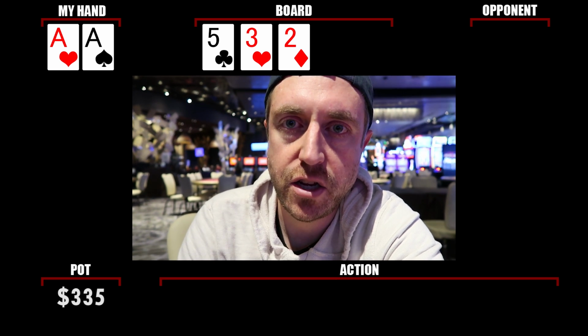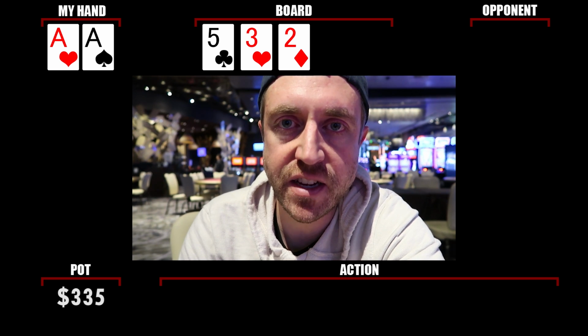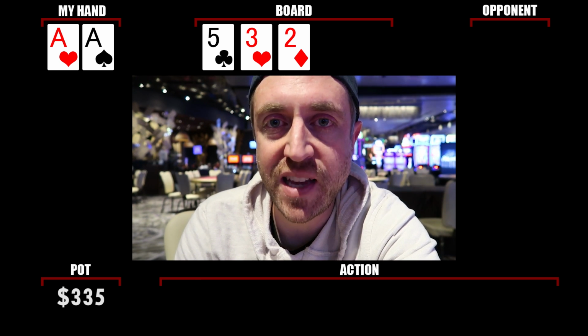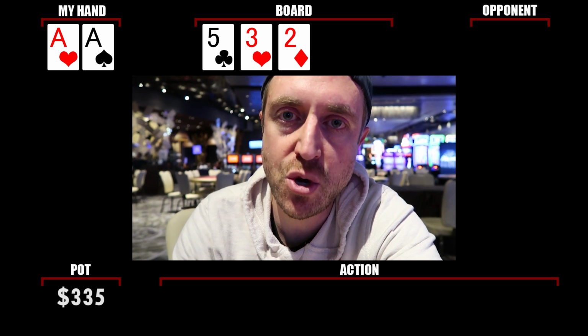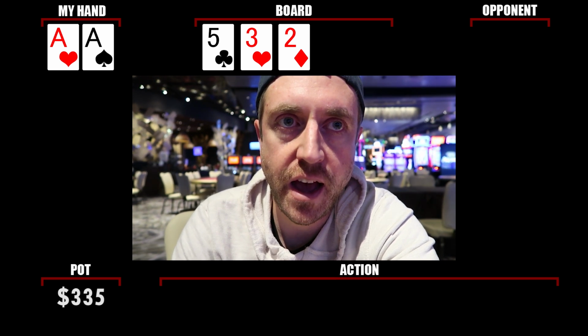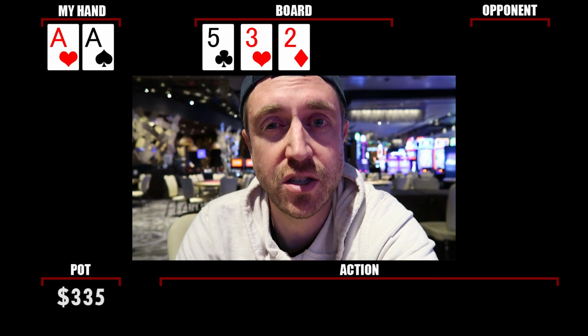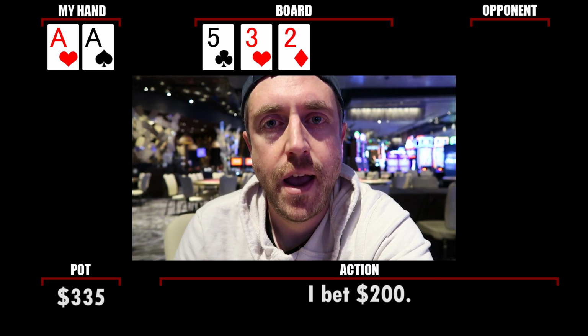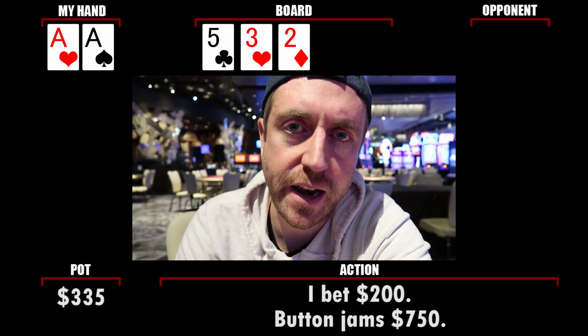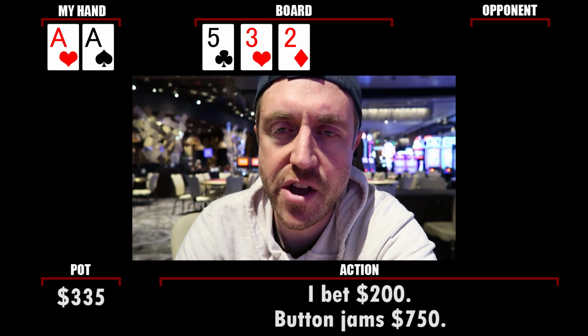set here. He could also have some overpairs here that are gonna have to continue to a C-bet. They are going to want to maybe occasionally protect against a hand like ace-king that has 2 overs plus a straight draw. So I'm definitely gonna put in a bet here, and I think I can size up for those reasons. So I bet $200, and my opponent doesn't think for too long before ripping it in, jamming about $750